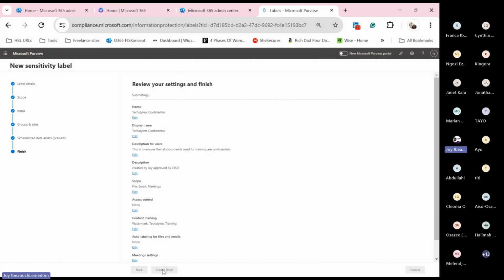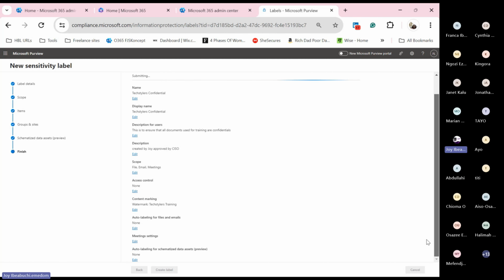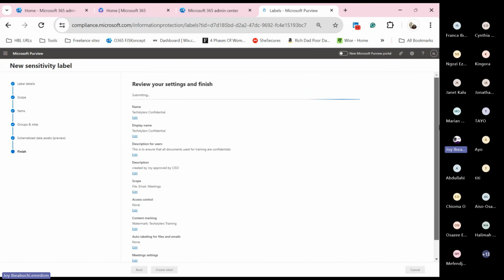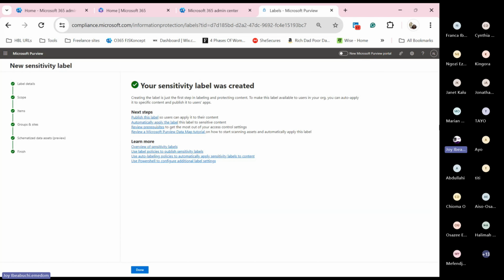So that's why I said a label is per use case. You can have this use case as a department, you can have it organization wide, you can have so many. We had a label for the CEO, so you can call it the CEO label. Whatever the use case, you can create as many labels as you want. I think there's a limitation per tenant, but the limitation is still very large. But you need to sit down, understand the use case of a label, and then you can create it, and you can see that there are different ways you can play around with that label. And that's all. We've created a label,